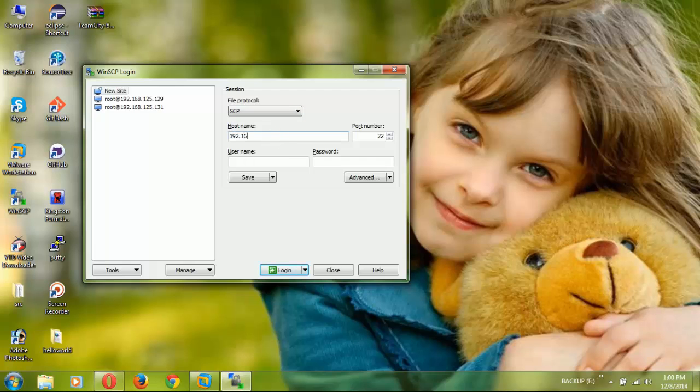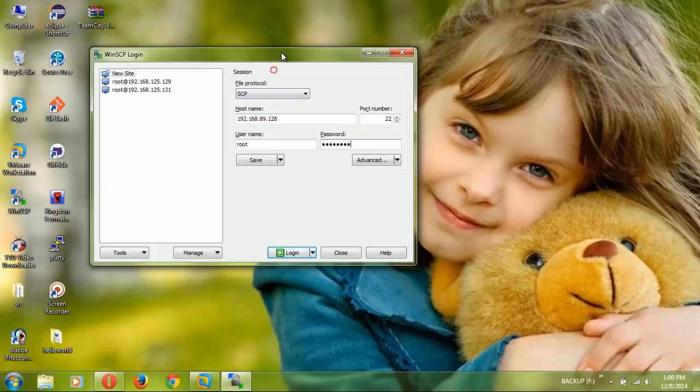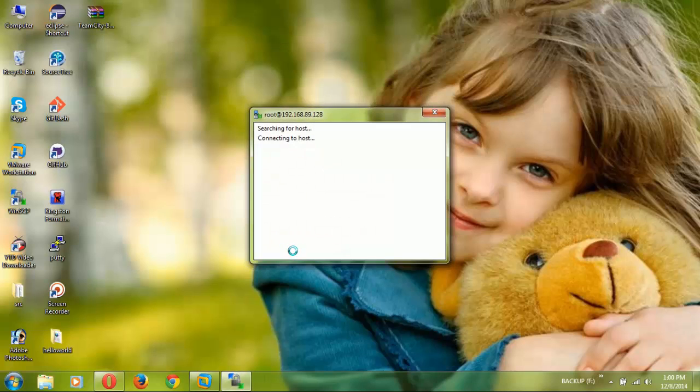And for the host name, it must be the IP address. Or if you configure a host name and domain name, you can use that. Till now I didn't set that, so I am going to directly use the IP address of the remote Linux server. Enter the username and password. Click on the Login button. It will open